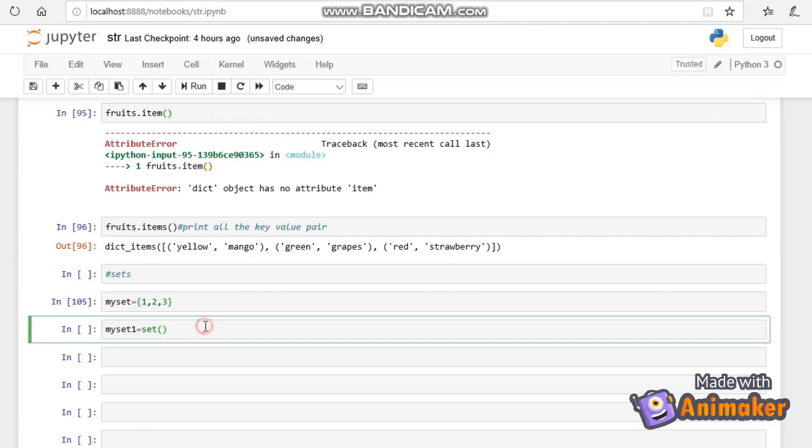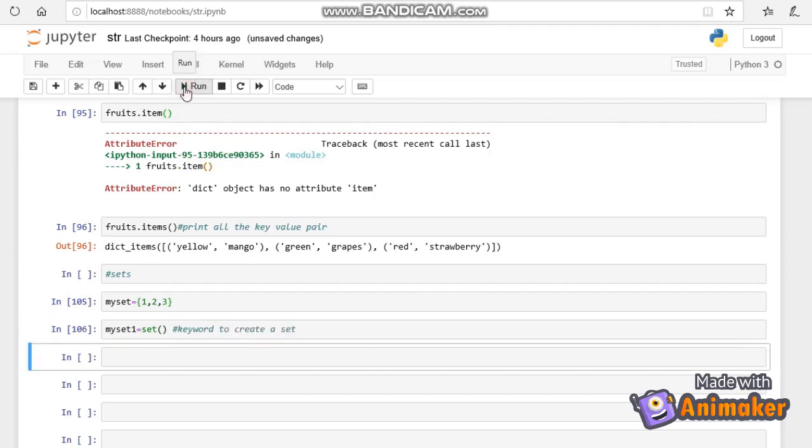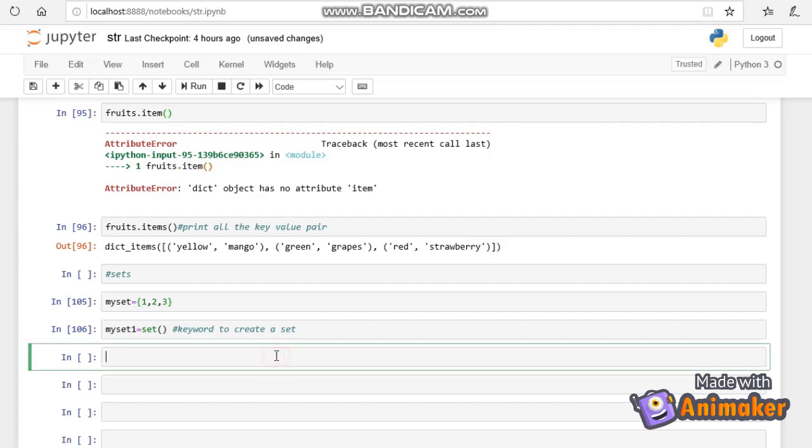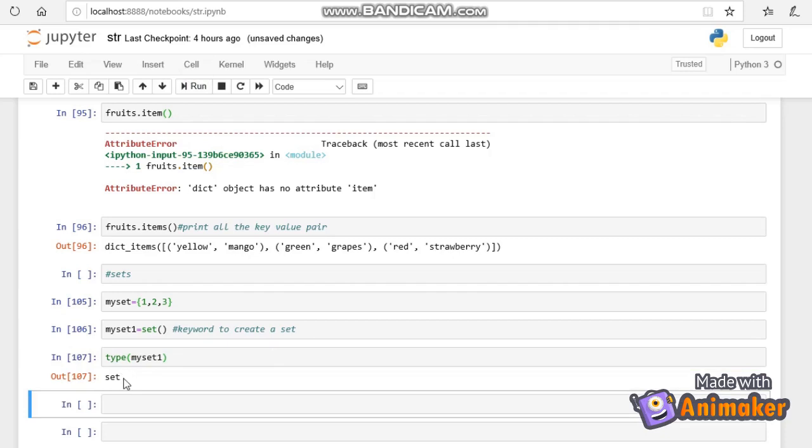This is a keyword to create a set. So if I want to check the data type of my set, let me put the type function to check it. So we'll get set, showing in the output cell.